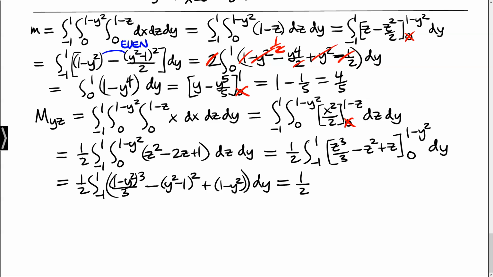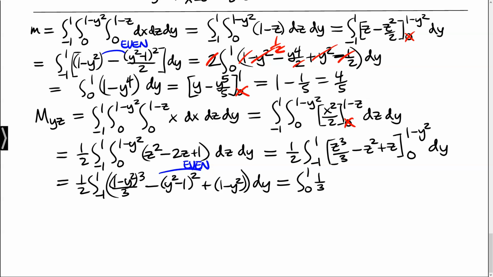Again, there's only y squareds involved, so since this is even, that'll cancel the 1/2. So we're just going to get the integral from 0 to 1 of... Okay, so the first one, the binomial theorem, that's going to multiply up to 1 minus 3y plus 3y squared minus... Oh, sorry, because it's y squared, it's going to be 1/3